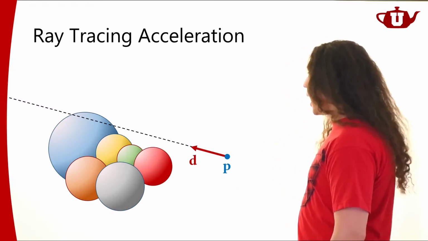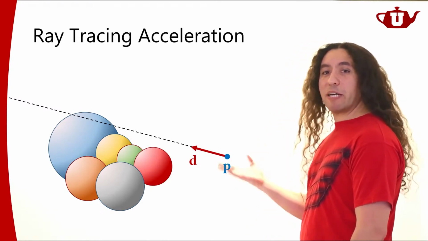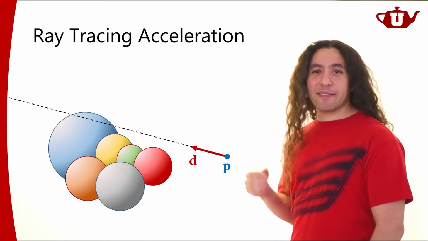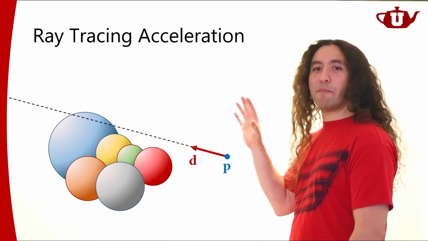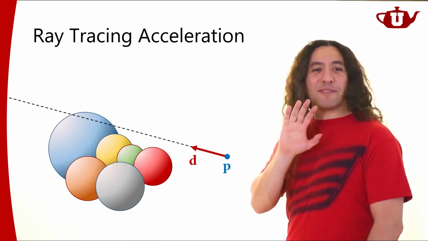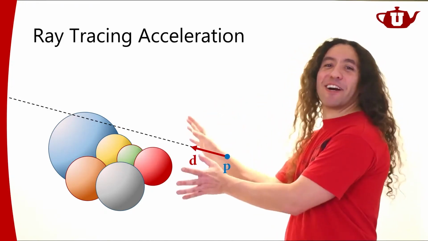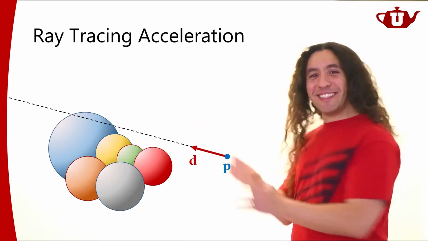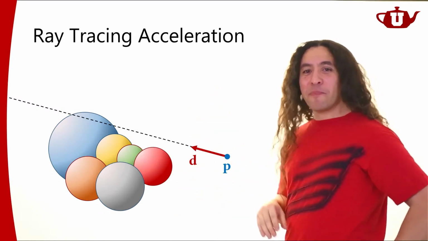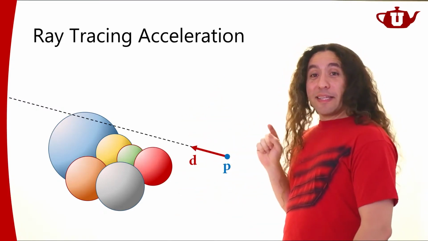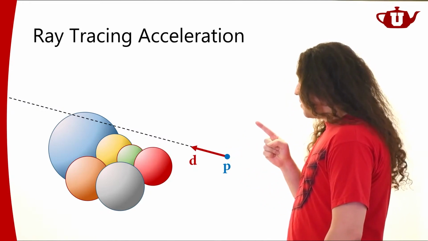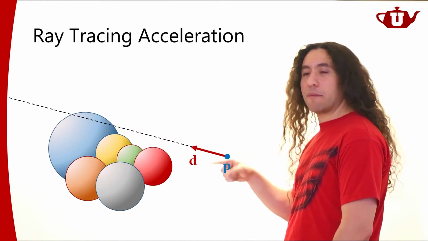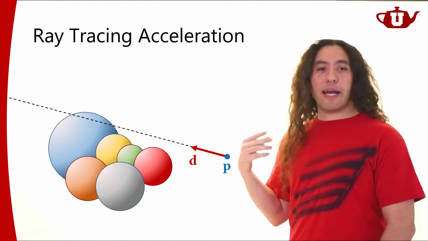So here's my problem. I have a scene with a bunch of spheres, more than one. All right. I didn't have the patience to actually draw 1 million spheres here, but just imagine that this is a very large number. I know this is not a very large number, but let's use your imagination that this is a very large number, a lot of spheres. Now, here's the thing. If I want to do this brute force computation, that I want to check the intersection of my ray with all of these spheres, that is going to take a long time.